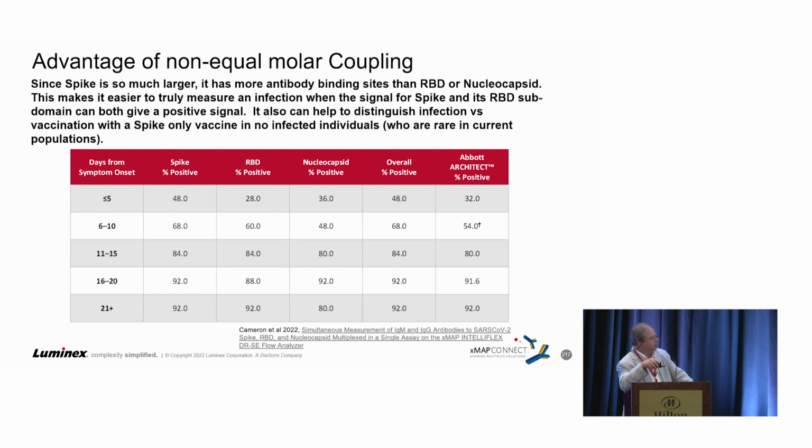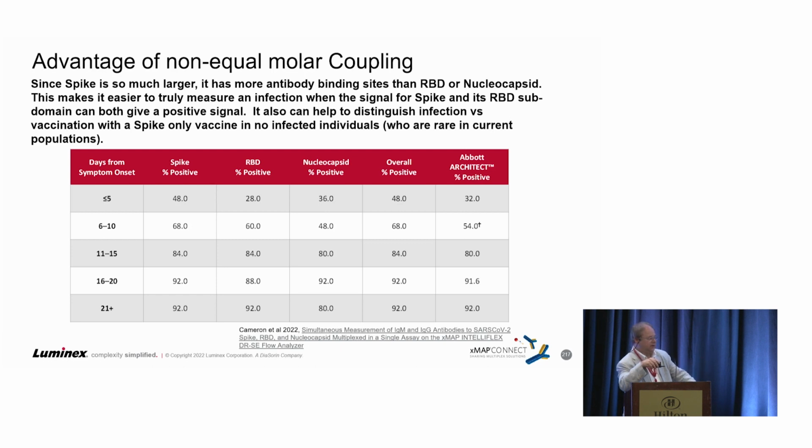But the thing here was, this is when we were just comparing how well the assay performed with these 3 different coating levels compared to the Abbott Architect system with all PCR positive COVID samples. And what we could see is that, of course, in the early days of infection, we didn't really get all 3 of them to coordinate with, giving a positive call, but as we got further out, at about 11 days